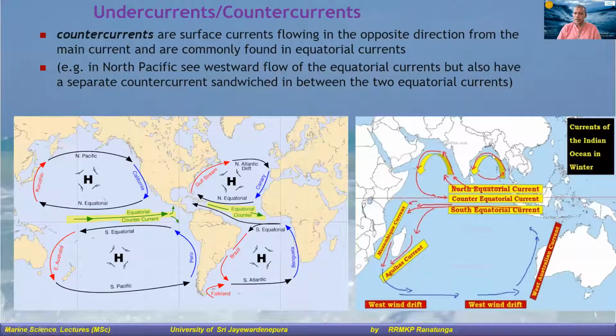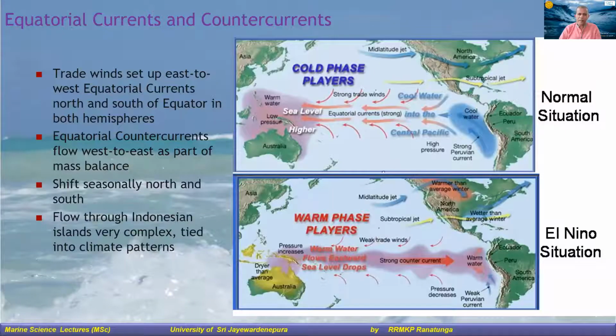So this is especially very important in the Indian Ocean. The two currents are moving in one direction, but in between there is another, like a sandwich. There's another layer going in the opposite direction. So as you can understand, this is going to be very complicated, right? I'm just telling you the simplest thing that can happen in the ocean, but they are far more complex than what we discuss here. We're just trying to understand the different types of movement in the ocean. I hope you got some idea on that, right?